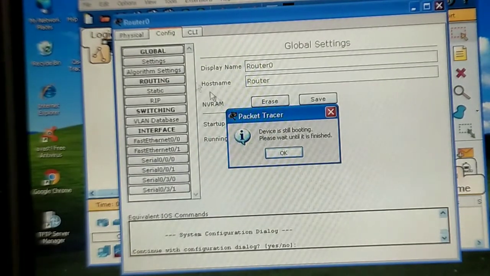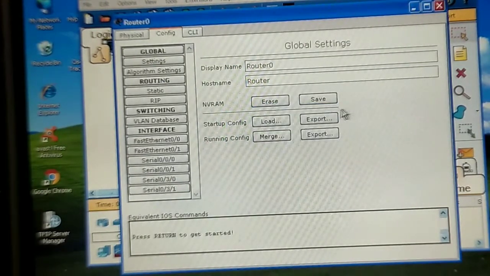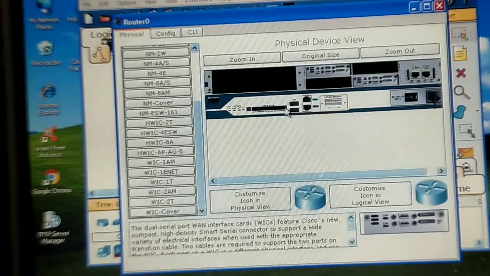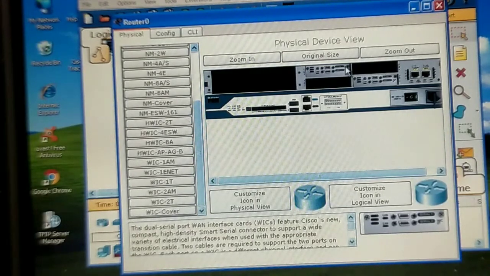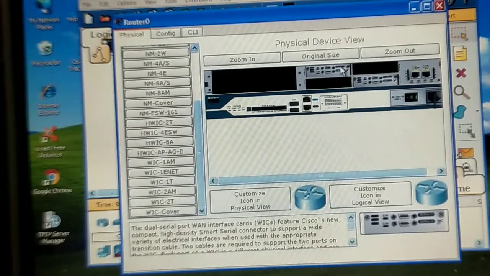So the numbering must be remembered: it is basically 0/0/0 and 0/0/1, this is 0/1/0, 0/1/1, this is 0/2/0 and 0/2/1, and this is 0/3/0, 0/3/1.